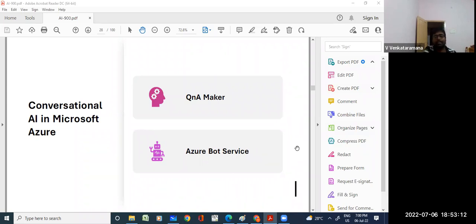And the Azure Bot Service requires the LUIS at the backend. So these are the two applications where you require the